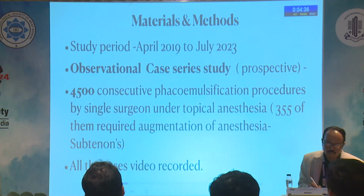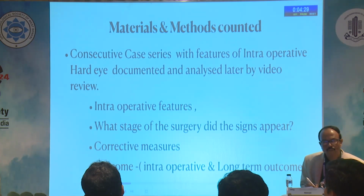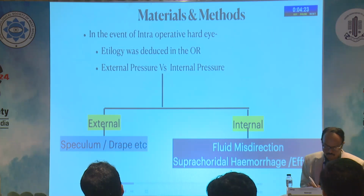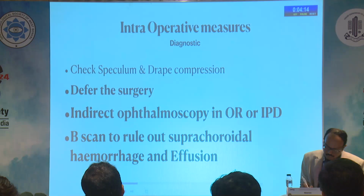It was an observational case series in 4,500 consecutive phacoemulsifications, and we studied the intraoperative features, what stage of the surgery the sign appeared, and the outcomes. Etiology was divided into two features, internal cause or external cause, internal being the most serious one: fluid misdirection and suprachoroidal hemorrhage. The diagnostic measures where we deferred the surgery were indirect ophthalmoscopy in the OR or